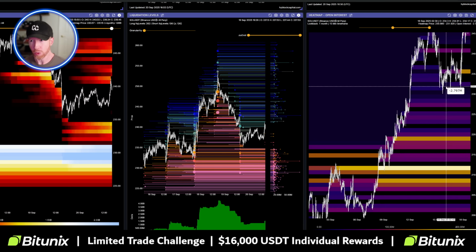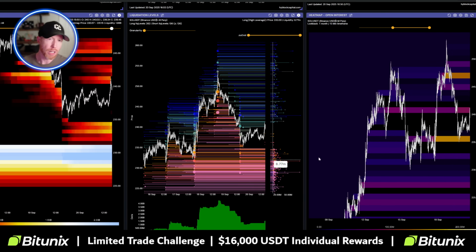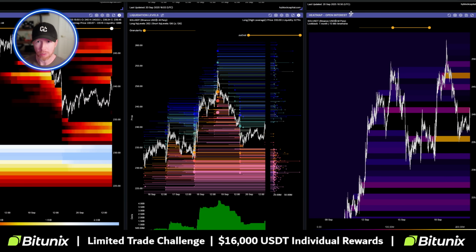So let's look here. First of all, open interest. This is the last 1 month of open interest. 235 is at support. Okay. Now, once more, it's not a super strong support, but we've already seen it retested here. So we could very well see that pivot and bounce here soon.